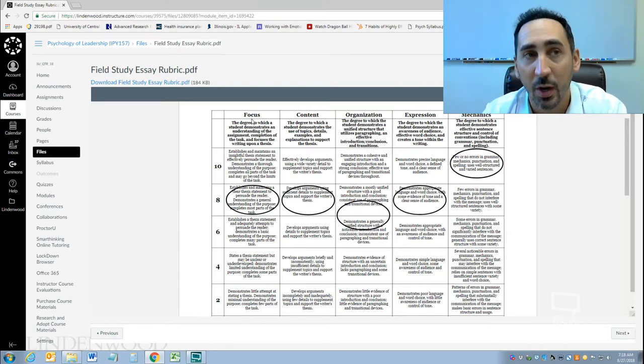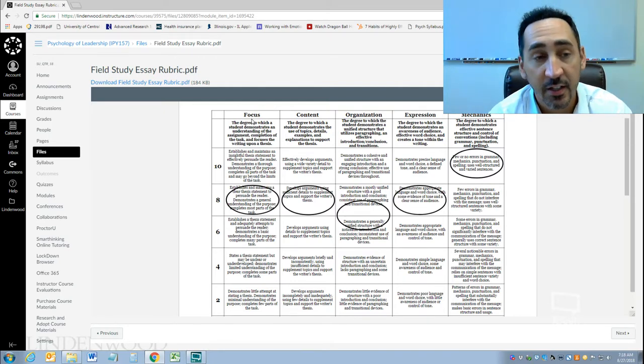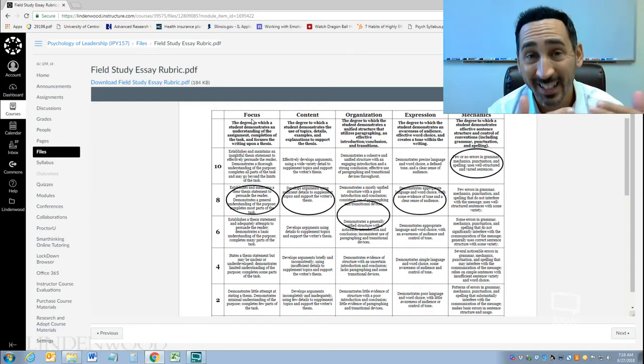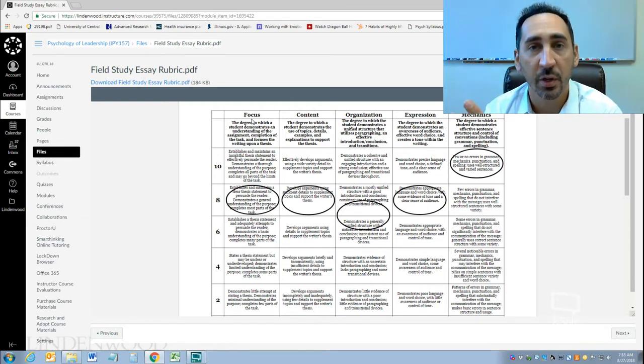The first one's focus. So how well do you integrate your thesis into your first paragraph, and then how well do you support that thesis for the rest of the essay? We've already talked about these theses, so make sure you look at the feedback I've given you, but how well do you integrate it, and how well do you continue maintaining that idea? Because you present this idea at the beginning of your essay that says this is basically what this essay is going to be about, and that's your thesis, right? But part of getting that 10 in the focus is to continue focusing on that. Every time you make a point, remind the reader how that point relates back to your thesis,